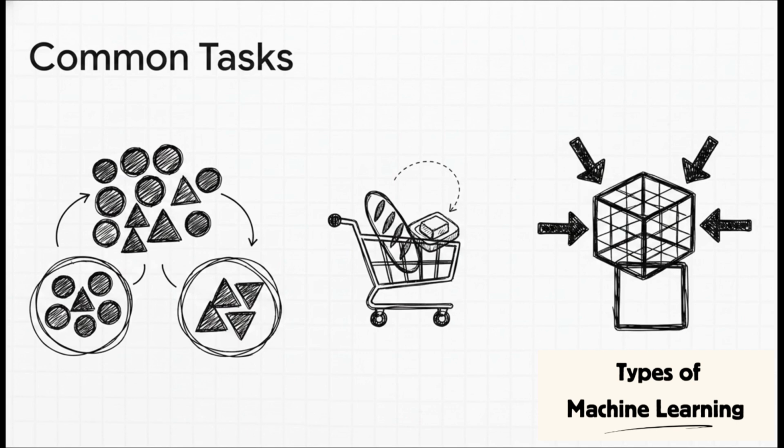No human programmer told the machine to look for that connection. It just found it hidden in the noise of the data. And because it found this hidden rule, that supermarket can optimize its floor layout to drive more sales. Unsupervised learning also uses dimensionality reduction to intelligently compress massive datasets so human analysts can actually visualize and make sense